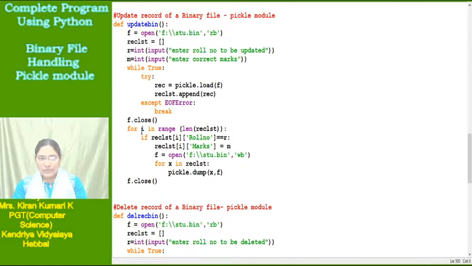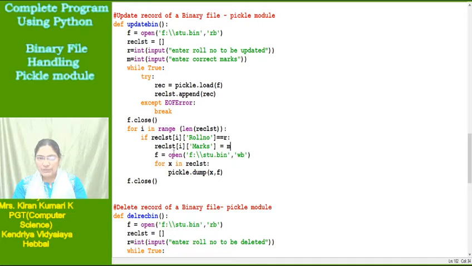Now from the beginning of the record list, for i in range of length of record list, if the ith record's roll number is equal to the roll number we wanted to update, okay, so here we have read that R. So if it is matching with that roll number, here it is double equal to, then change the marks of that particular ith record, the marks value to be changed to m.